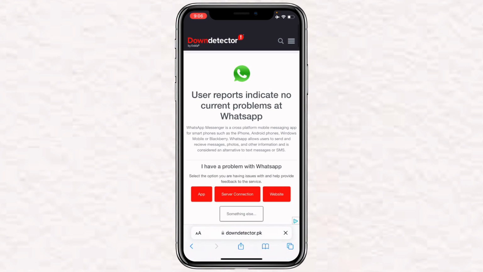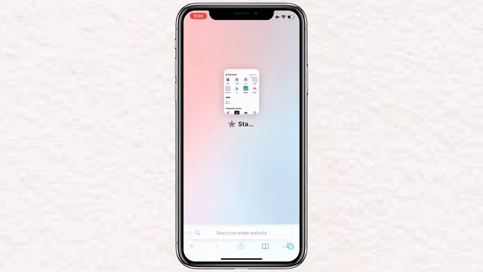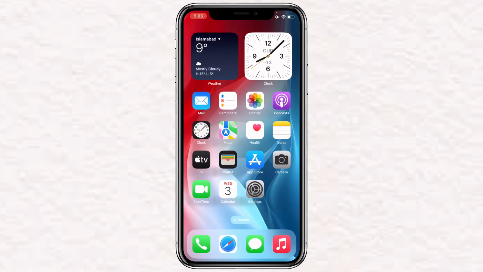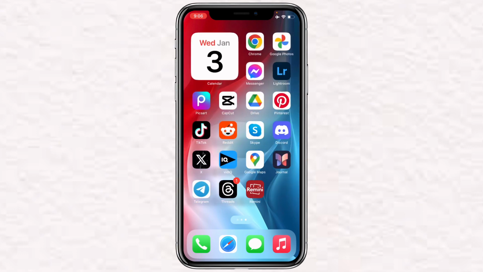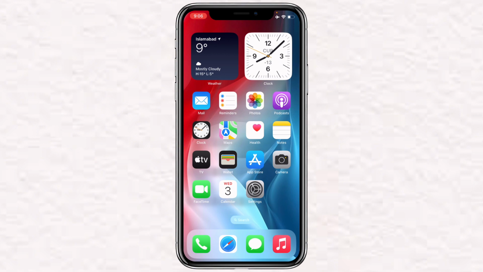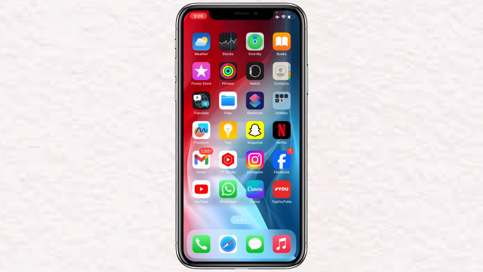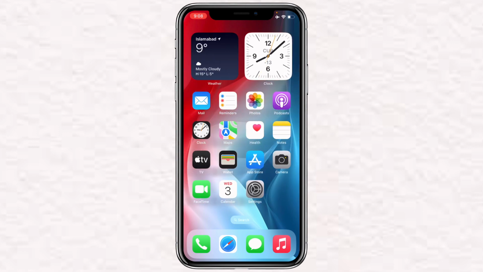If it's fine, the second thing you can do is to check your internet connection, whether you have a fine internet connection or not. If WhatsApp is down, you will have to wait for 4 or 5 hours, and it may become normal and it will fix all the bugs and glitches automatically. But if it's not down, you'll have to check whether you have a fine internet connection to run WhatsApp smoothly. And if that's also fine, the third and final thing you can do is